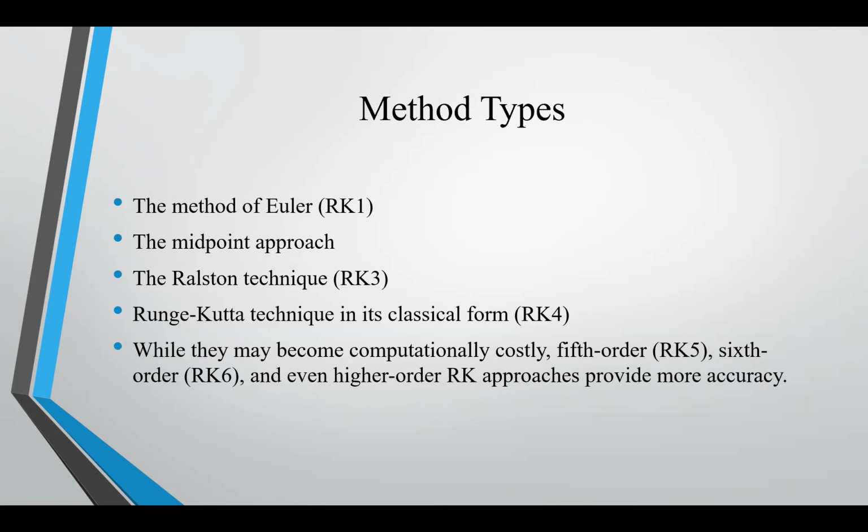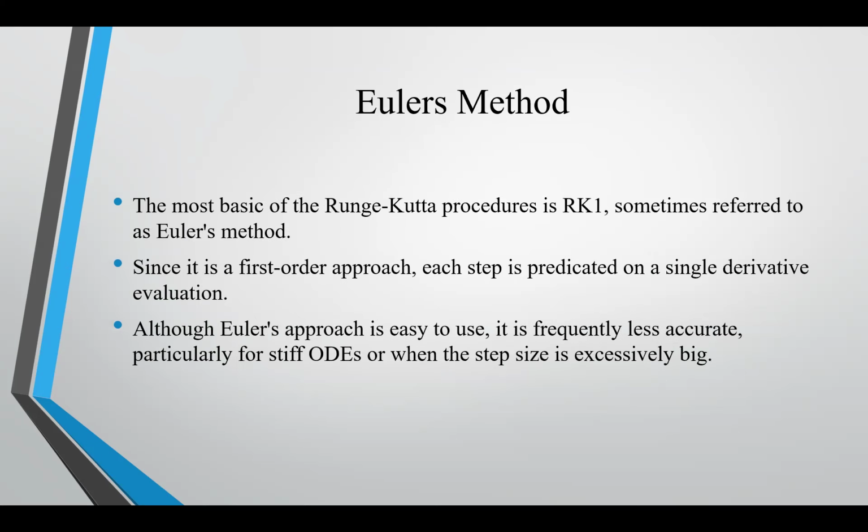Let's talk about one of the Runge-Kutta methods, that is Euler's method. Euler's method is the basic foundation of Runge-Kutta methods. It is classified as a first order method. It means it evaluates the solution using a single derivative at each step. Let's talk about some key features. It is very easy to implement, but it is less accurate, with significant errors, and it is very difficult for large size